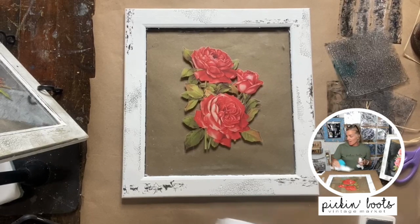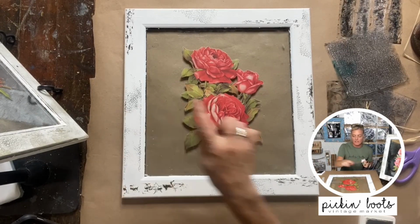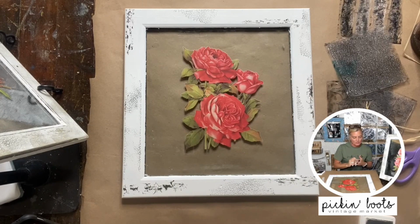Now we are not done. We're gonna have some fun, but before we can do the next part, I need the black ink to dry just a little bit. So let me just get my hands clean. While this part is drying, I'm going to flip it over